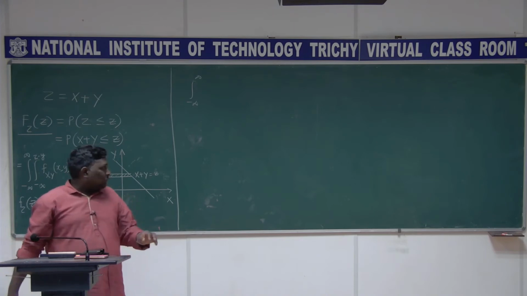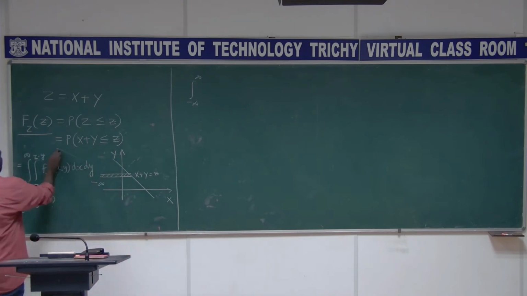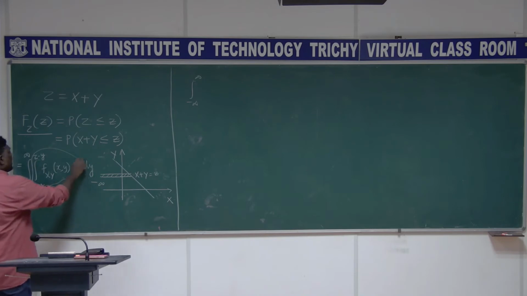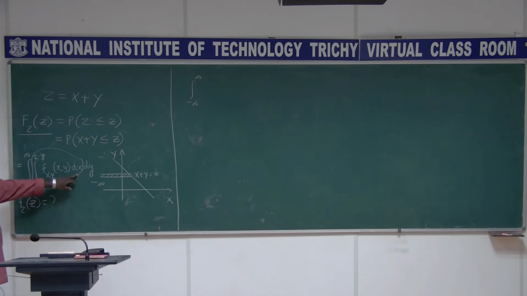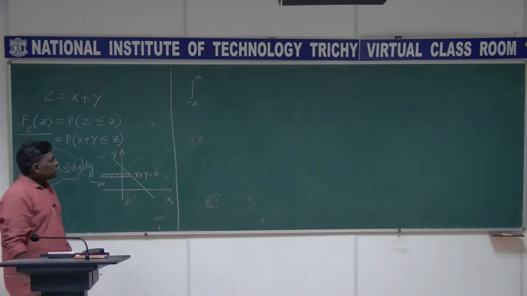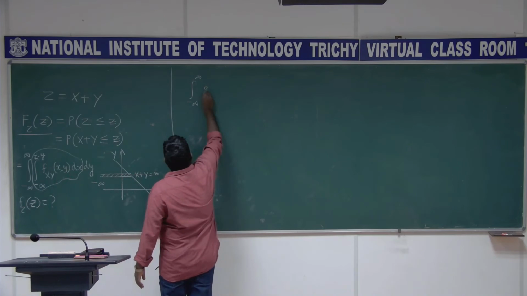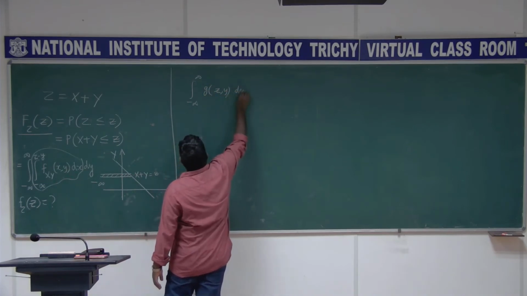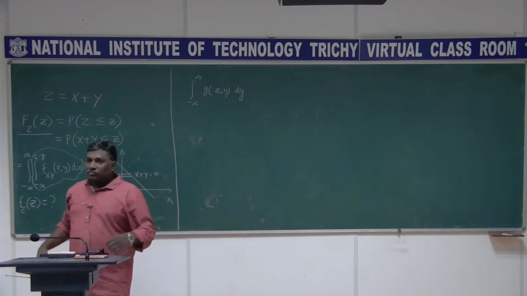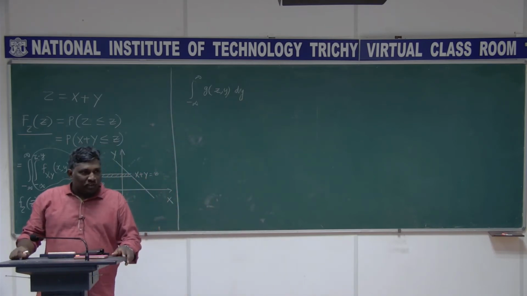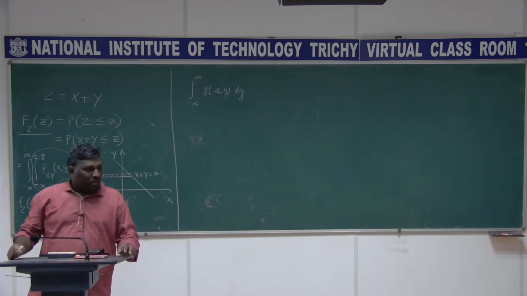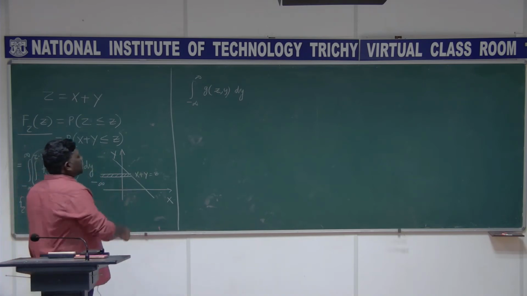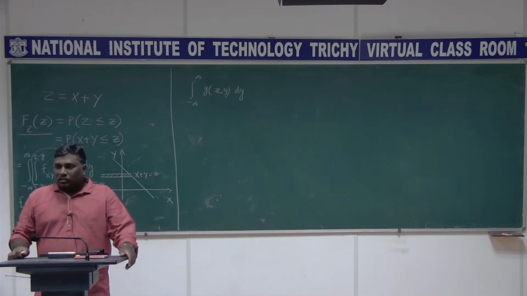So we need the Leibniz integration. After taking this integration over X, it is going to be a function of z and y alone. Let me write that as g(z, y) dy. If I do that, then finally it is going to end up with a function of z. Now I take this differentiation on both sides with respect to z, that is what we need to do.